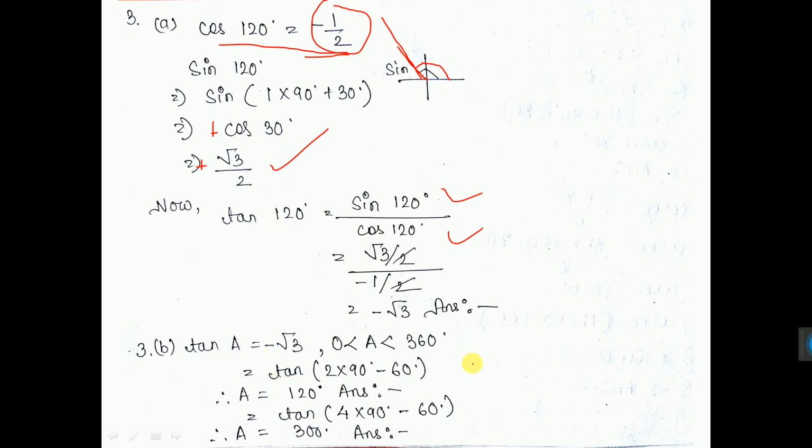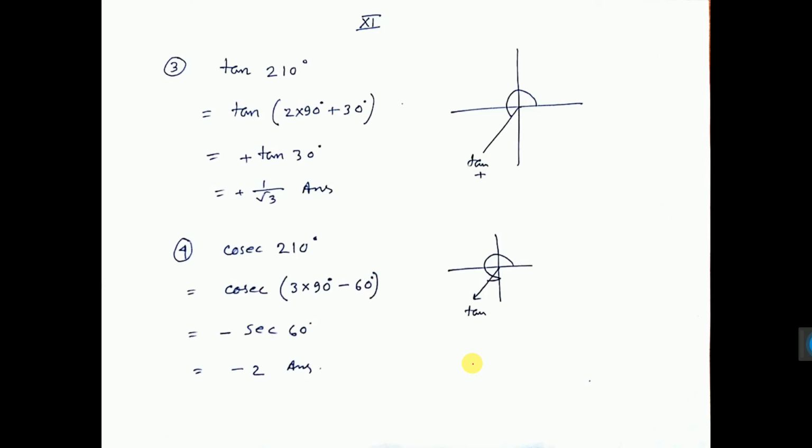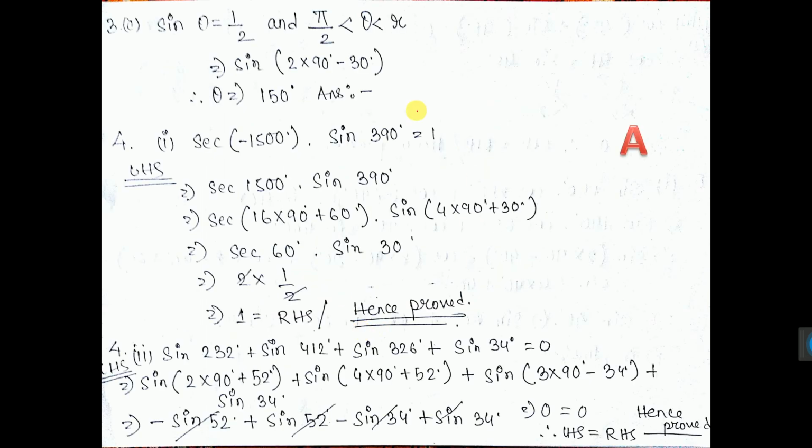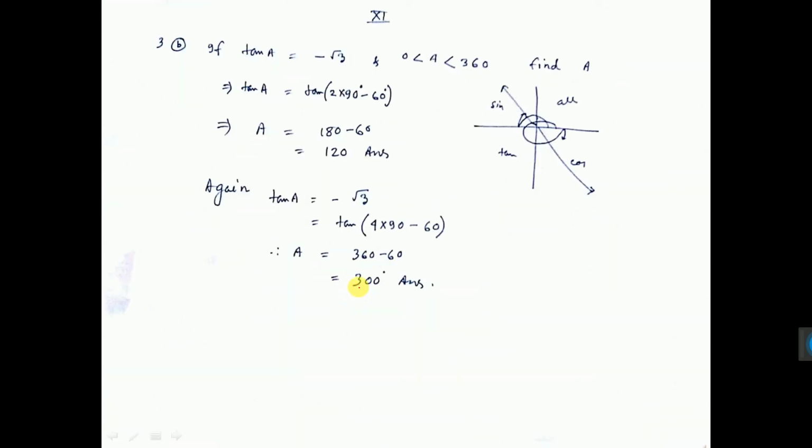Similarly, this sum. Then see tan 210 degree. This can be written as 2 into 90 plus 30, that is 180 plus 30. So 2 into 90, start from here: 1 into 90, 2 into 90, plus 30. So it is coming in the third quadrant. Now all sine tan: in the third quadrant tan is positive, our sum also is tan. So plus sine. Tan 30 value is 1 by root 3, done. Similarly cosec 120 also the same way. This sum also you can do. I am not explaining this one.